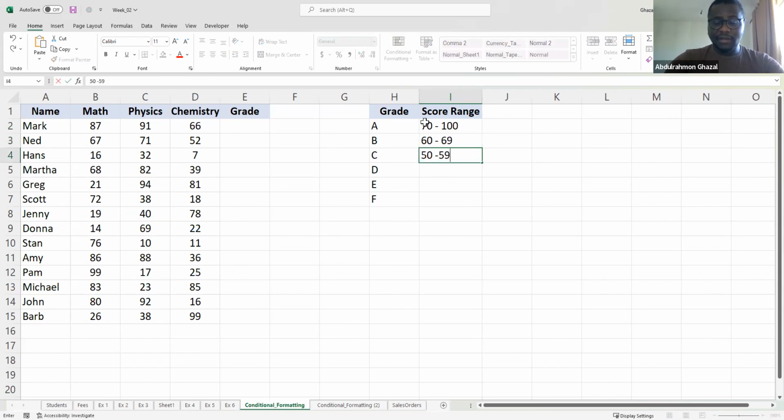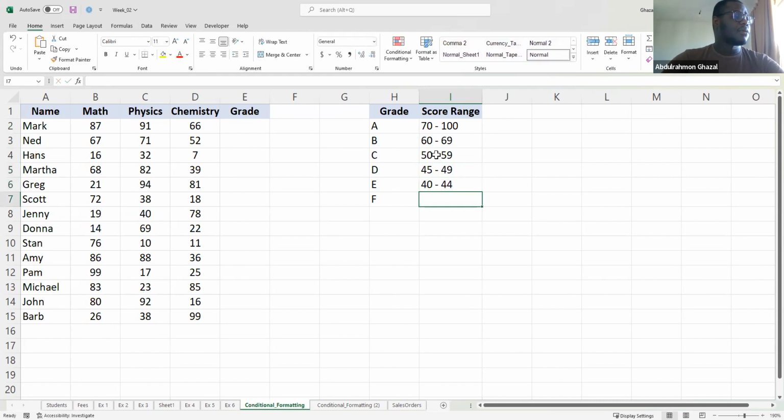50 to 59, I think. It's 45 to 49. I think 40 to 44. And anything lesser than 40, which automatically refers to a range of 0 to 39. So this is the general grade in Nigeria, which means we can have a huge data set like this and